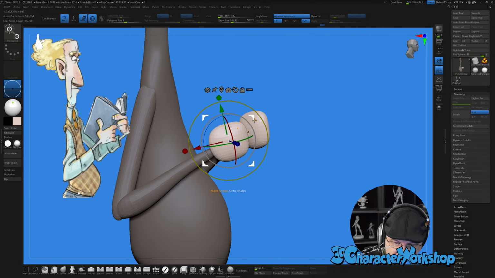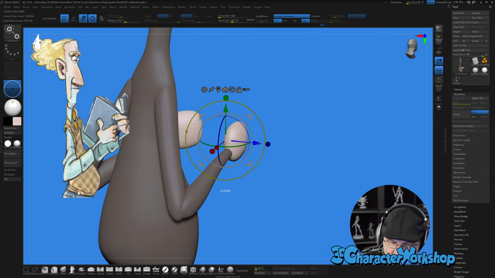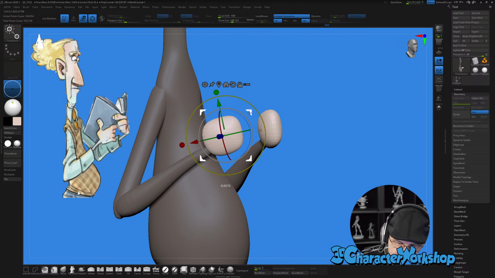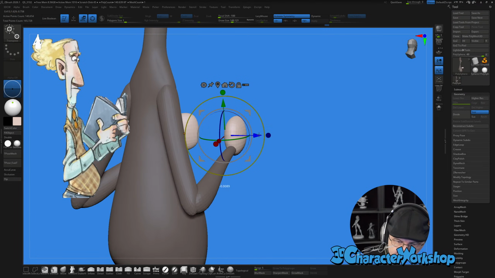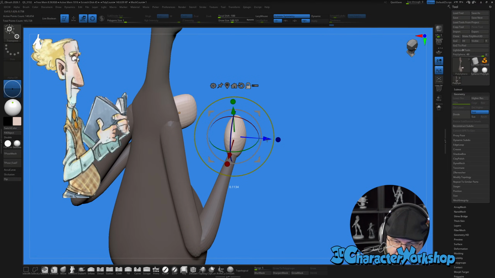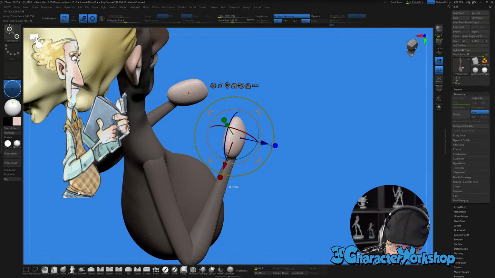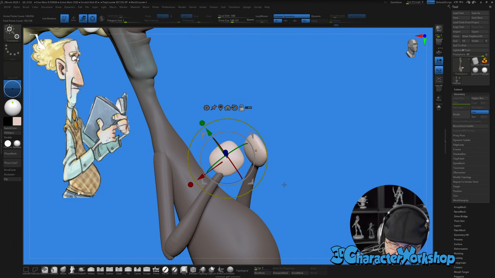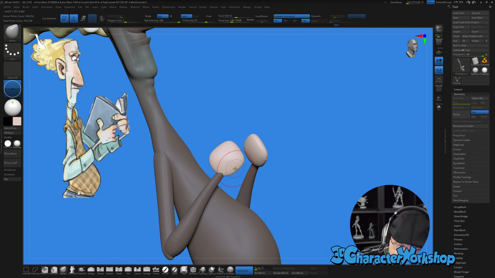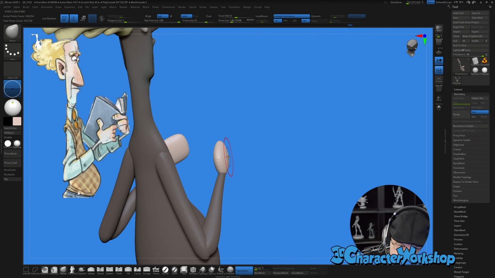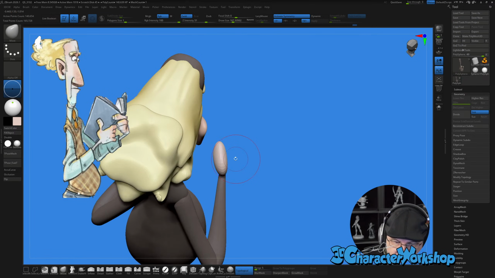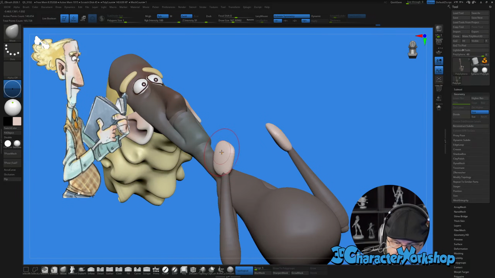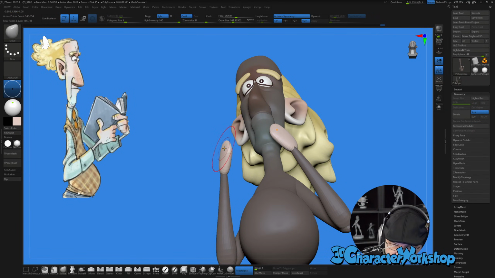It kind of reminds me of Hogarth's hands from Gentle Giant. Is it Gentle Giant? No. What is it called? Iron Giant. Gentle Giant was a company that made collectibles. They aren't around anymore. It makes me sad. I don't know, I think they got bought out, or I don't know what happened with that. That's pretty crazy because they were just at the ZBrush Summit a couple years ago.